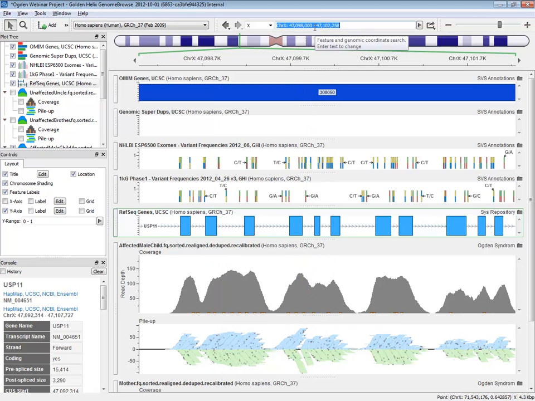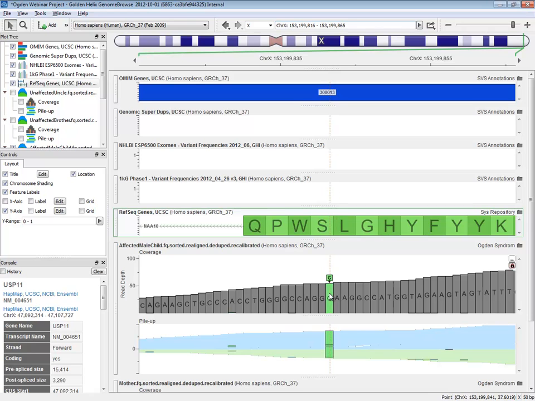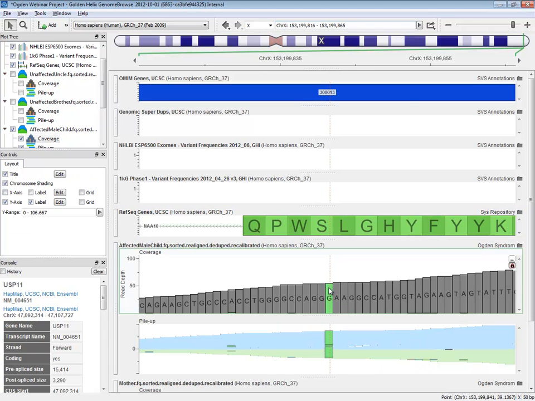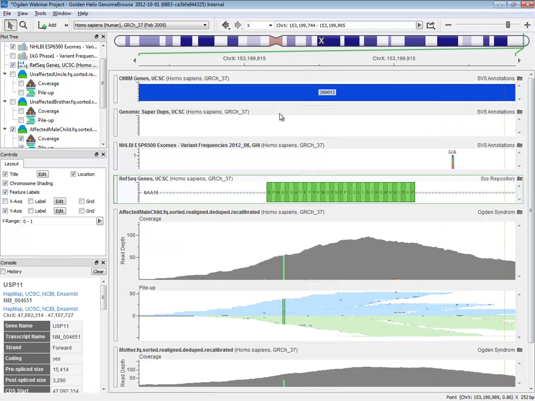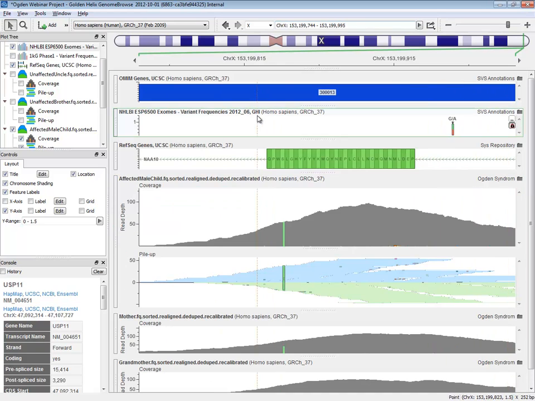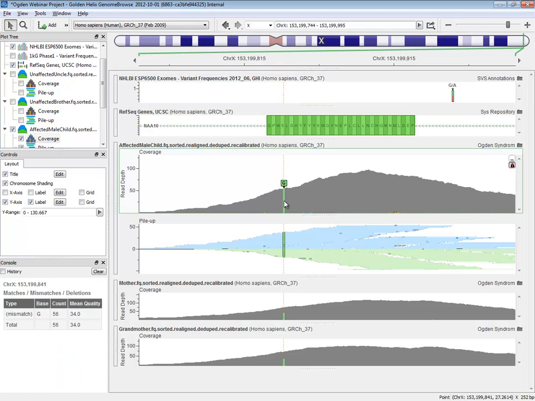Let's go ahead and jump to that location for our variant we're validating, and sure enough, here it is. You can see where it is in the amino acid sequence, and you can see where it is in the gene. For this exon, I'm going to center this exon of NAA10, there are no other variants in either of these catalogs. I'm going to go ahead and just hide these so we have fewer things we're looking at, and there's also no segmental duplications. It's also an OMIM gene, meaning this gene has been associated with other Mendelian diseases in a diseased state. And so the information here is very, very clear.